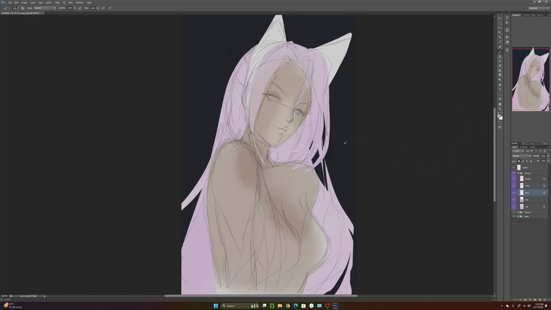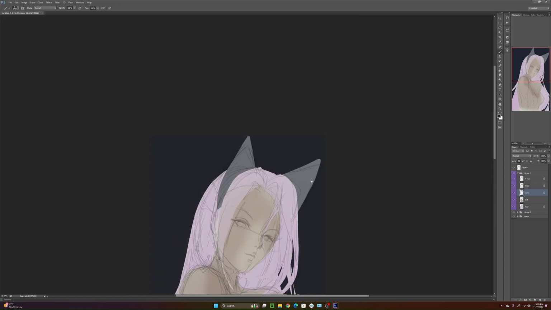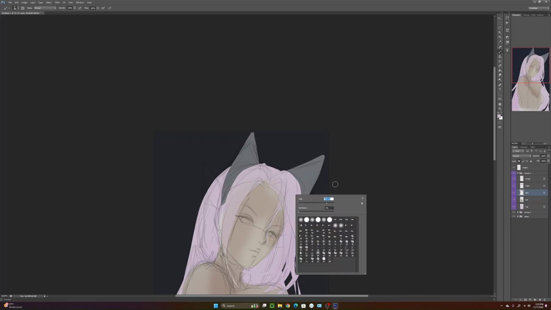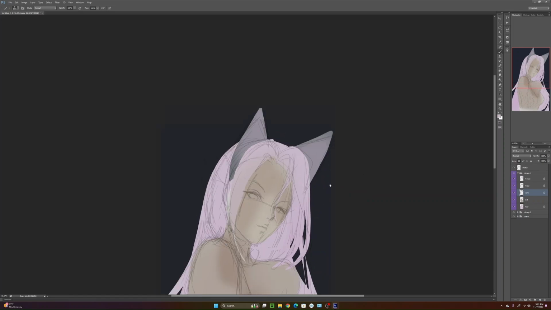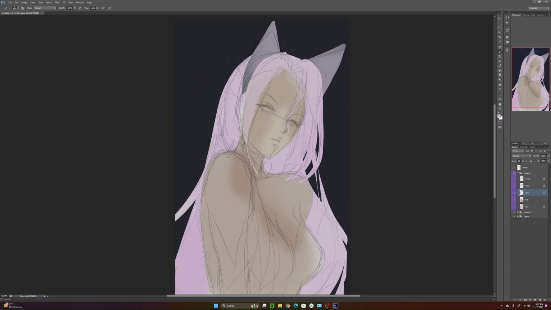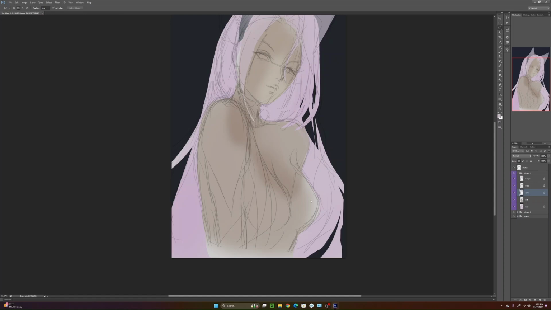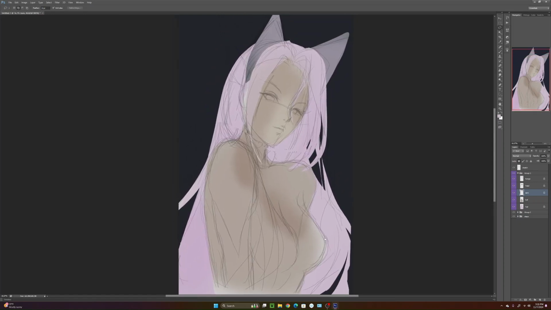Alright, so her ears, I may just do kind of like a gray for now. Why are you lagging? You've never lagged before. What's going on here? Just do something like that. It's gonna look good, guys, I promise. She looks kind of plain Jane at the moment, but I swear she'll look good. Okay, so now that we have that, we'll go back to the head here. Kind of fill that part in so that way it'll look a little better. That's actually her ear, but